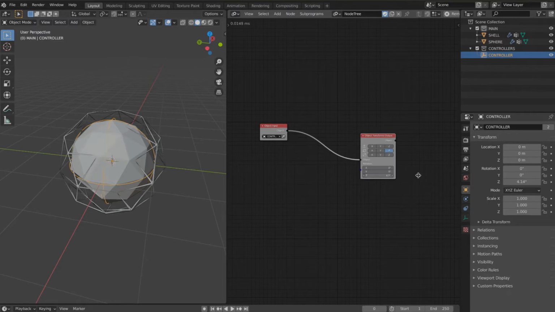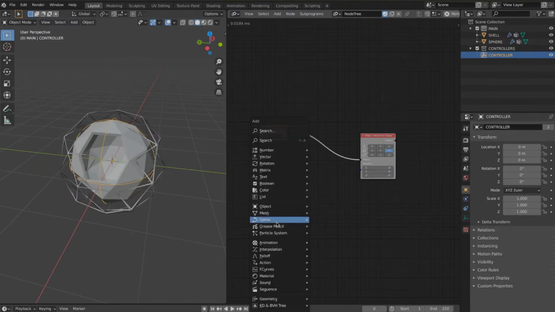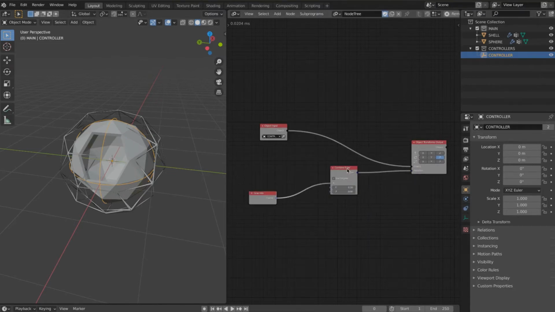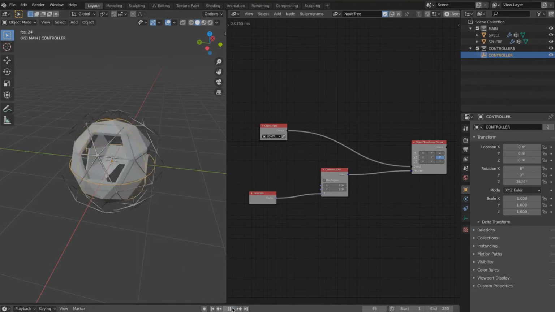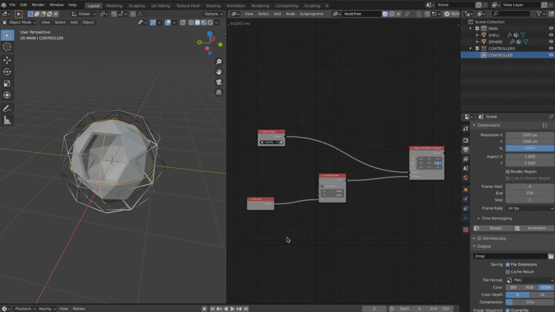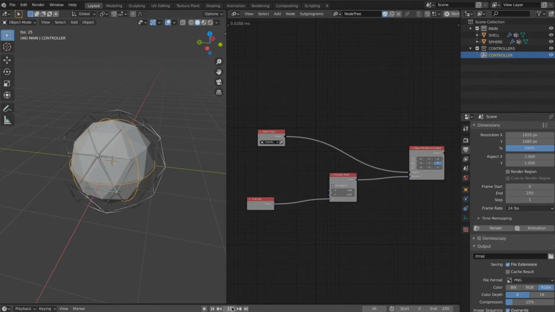I always have problems with Z or Zed. In any case, we take a time info and we put it into a combine Euler. And the other thing is that we need to take the time info and insert it into the Z axis rotation, and then feed the rotation of the object transform output.